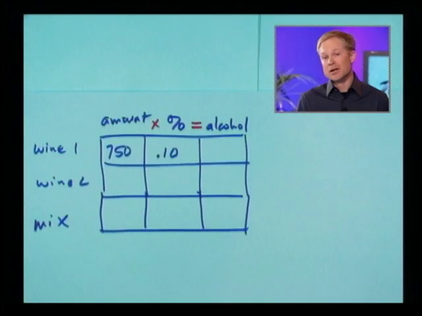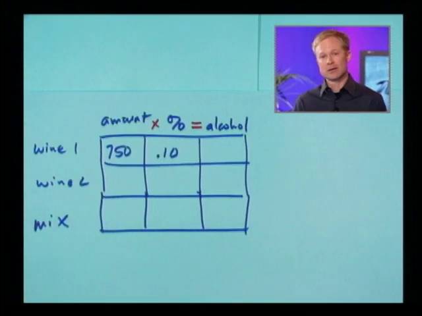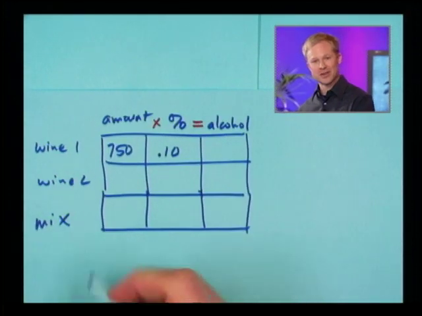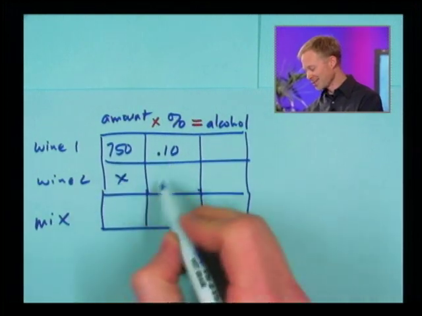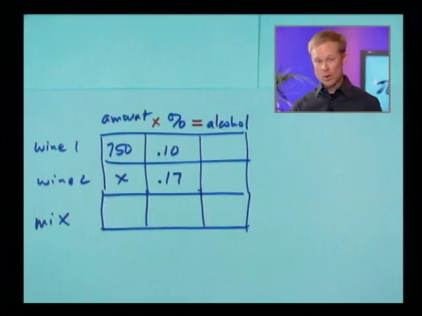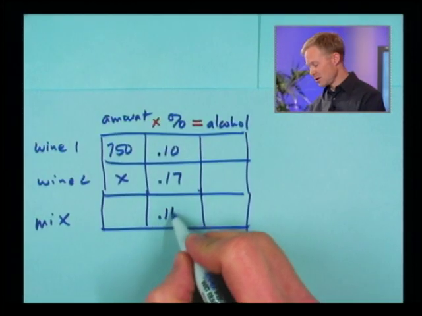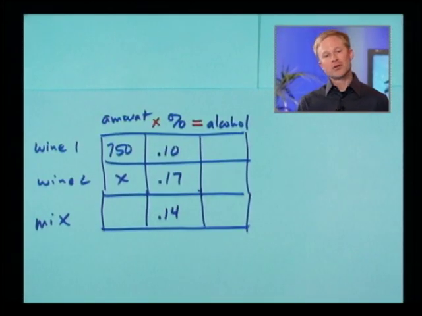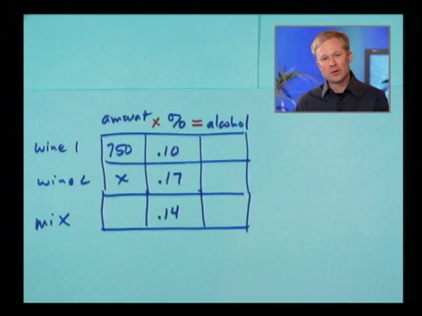So we don't know. Let's call this something generic, like, oh, how about X? That's everyone's favorite, right? So we'll call it X. That was 17% alcohol. And then when we mix the stuff together, we want to end up with 14% alcohol. So the rest of this we're going to fill in with, well, we're just going to use a little common